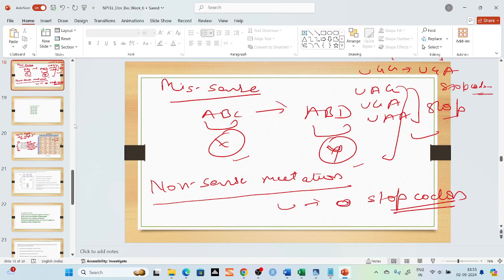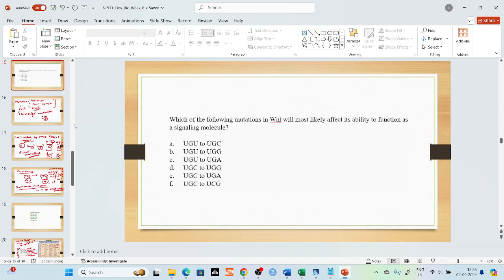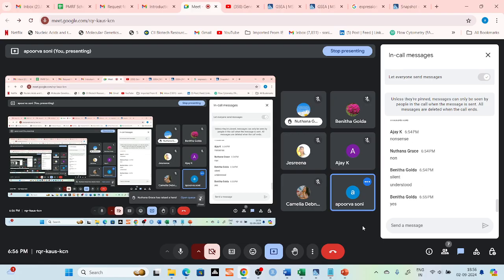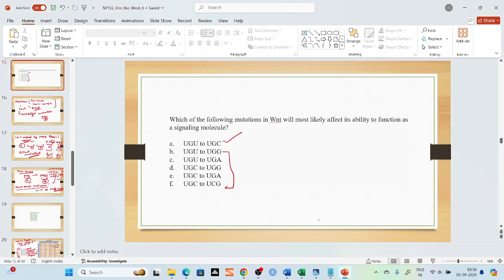Okay, the question was, which of the following mutations in Wnt will most likely affect its ability to function as a signaling molecule? Except for the first one, all other will affect the signaling because some are missense mutations, some are nonsense mutations. So these all are mutations. So is this question clear to everybody? Okay, fine. So that is why I started this question, why I explained to you first